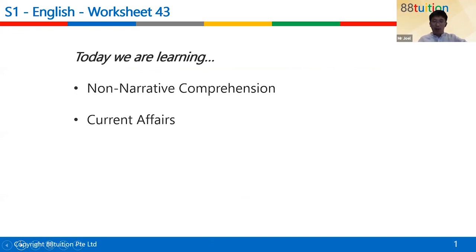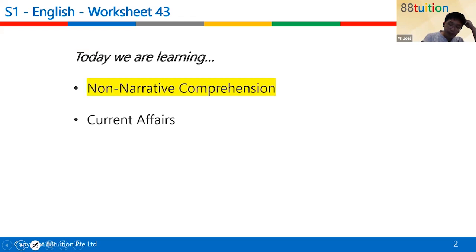Like I said, today we are learning non-narrative compre and current affairs. For current affairs, I really want to leave it up to you to ask questions about the world, rather than me covering a topic that I've chosen or the school has chosen for you all the time. I would much prefer it if you had something you've wondered about the world, like maybe Malaysia, since you are so close to Malaysia. Why is there an East Malaysia and a West Malaysia? How did Malaysia form in the first place? Stuff like that. Get some general information so you have more to talk about during your orals.